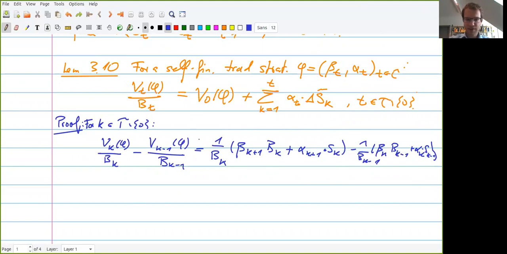All right. So this is, as I said, just the definition of the value process. Now we use the self-financing condition, right? This is the only condition we have given here in this lemma. So let's use self-financing,